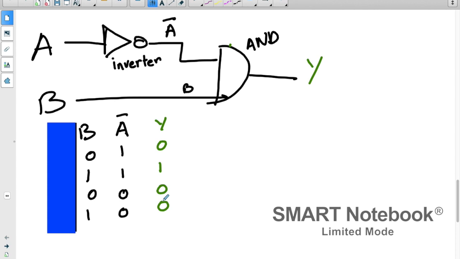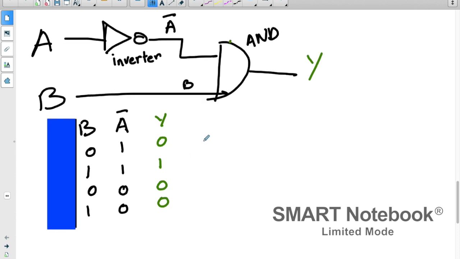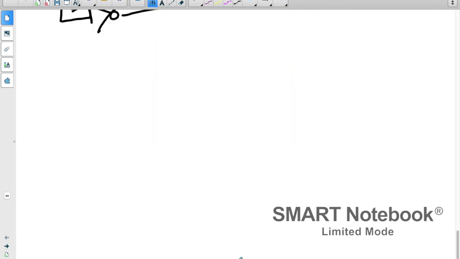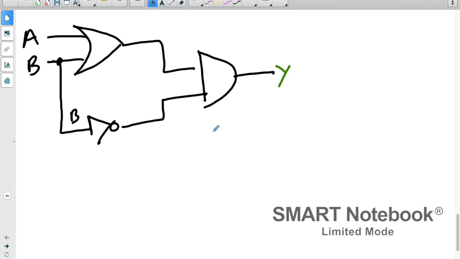Any questions on that? Good. Last one. We're doing this one before my computer dies. We're going to do this really quickly. Ladies and gentlemen, we're going to